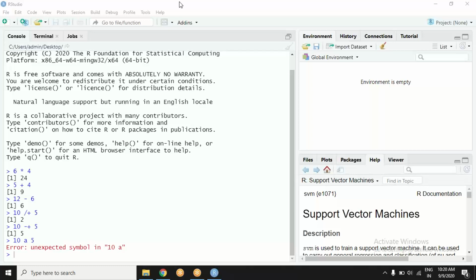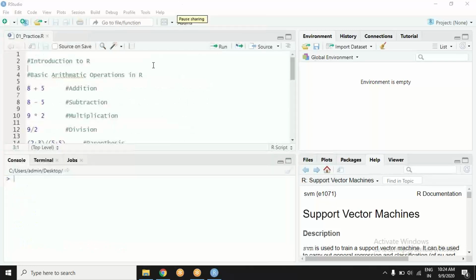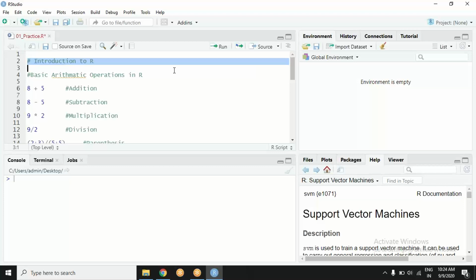Okay, I hope others have run it and there is no particular tricky thing here. First thing to notice, the hash sign. We already know what it does. Yes, it works as well as it used to work in SQL, and the same will go for Python, and maybe the same will go for Hadoop also. So this is just a comment. Whatever is after the hash sign, R will not mind it. It is just a comment for my convenience so that I can recall what I was doing here.